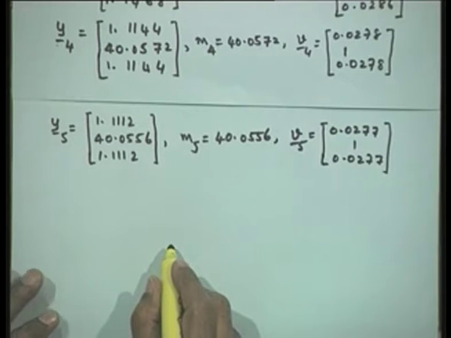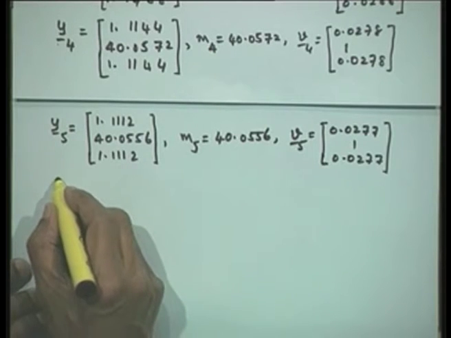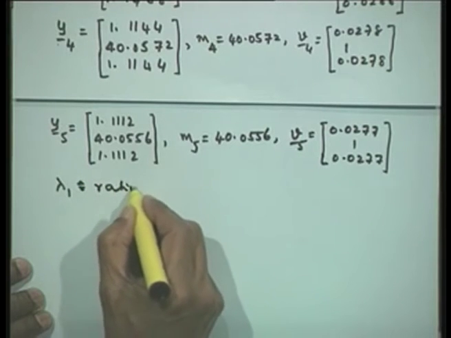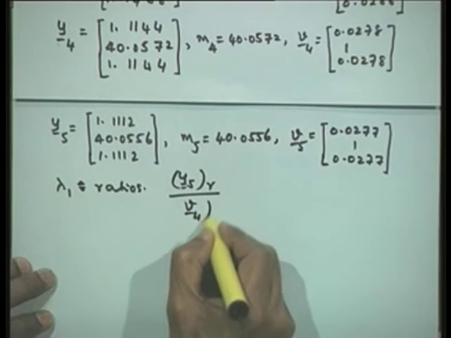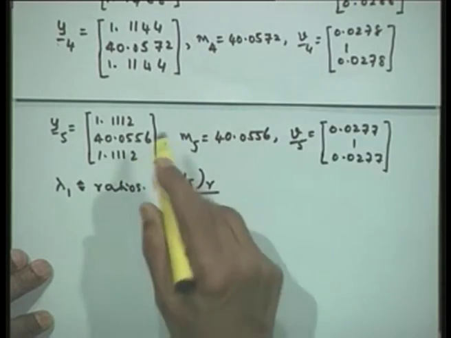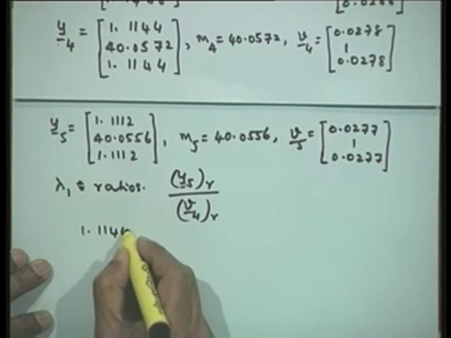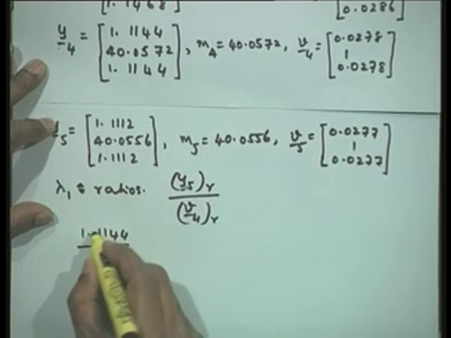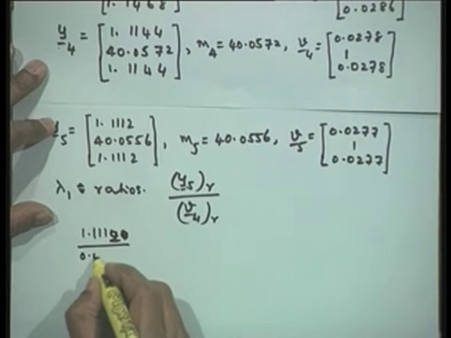Now, we have completed the 5 iterations that is required here. Therefore, we can now find out the ratios. Now, lambda 1 would be the ratio of Y5 component by V4 components. I want the ratio of Y5 and the previous V, that is the ratio of these two components. That is, the components therefore are 1.1144 divided by, now this is Y, 1112 divided by 0.0278